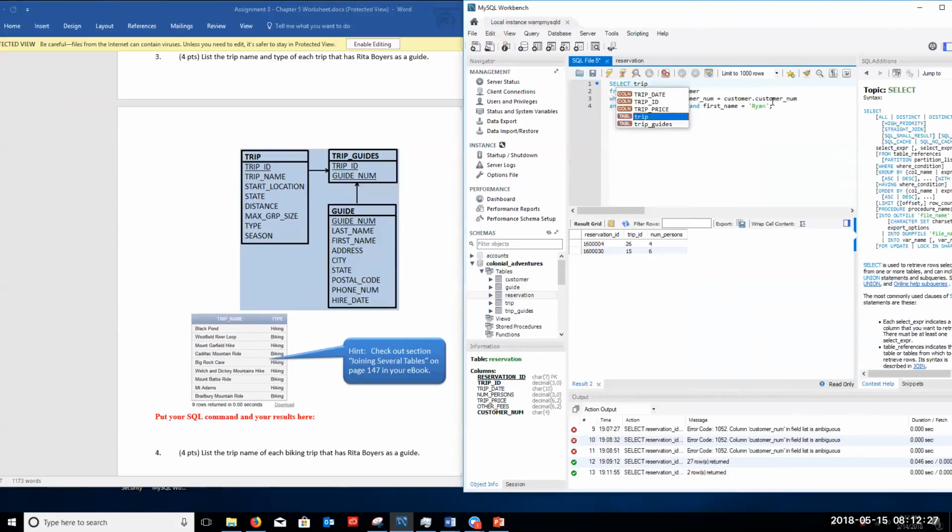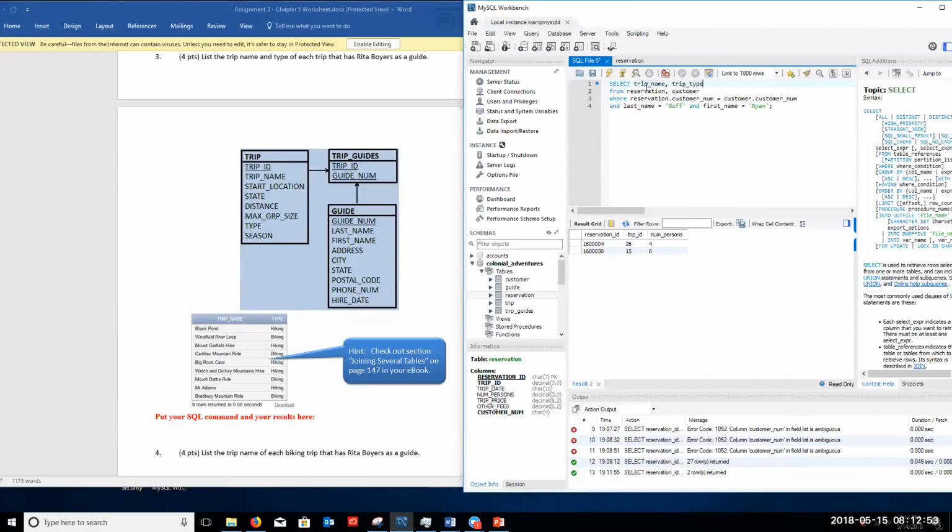So trip underscore name and type, and it's trip underscore type. And we're going to be getting this information from